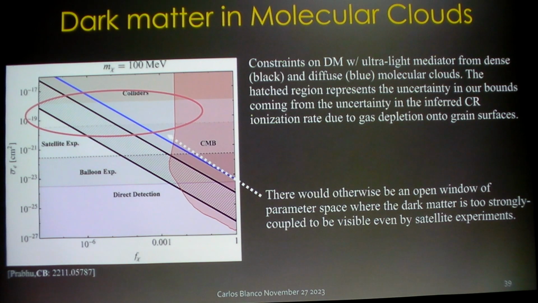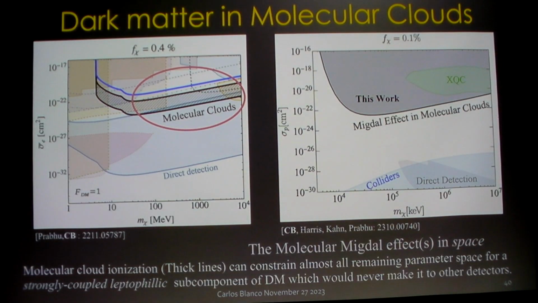So what do we do? We look at molecular clouds, and it turns out molecular clouds are sensitive to exactly this open parameter space, and we can look at things in both orthogonal couplings, the electron coupling and the proton coupling. And so in the electron case, which was the first study that we did, the open window is this sort of white space up here, and molecular clouds totally rule it out. We were quite happy to basically see an open window, write down the basic chemistry, and completely rule it out.